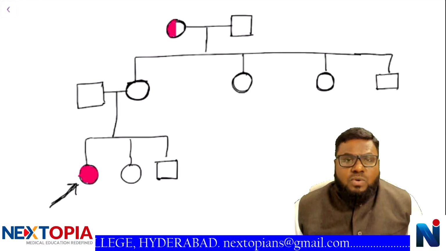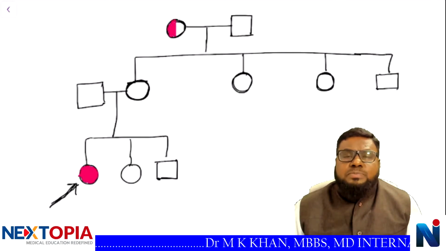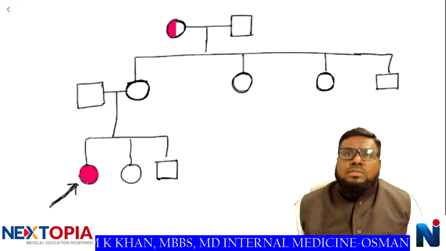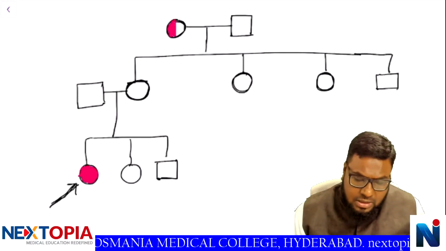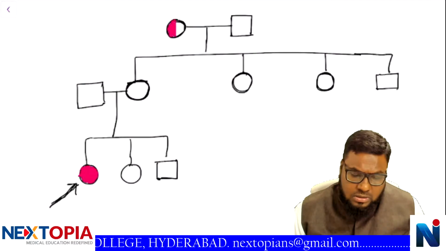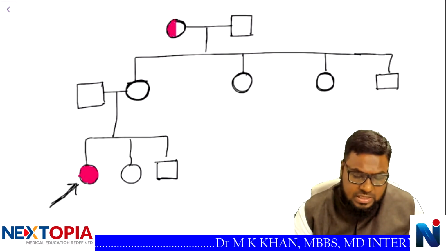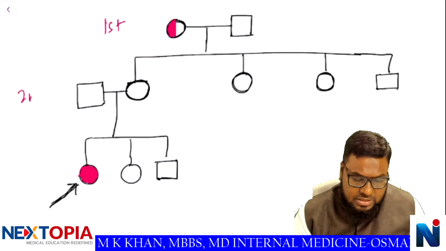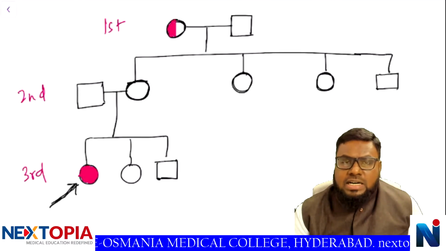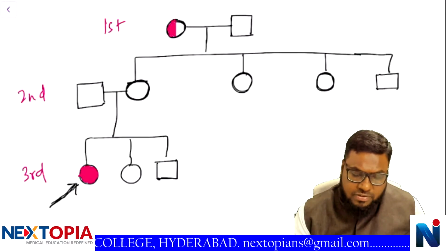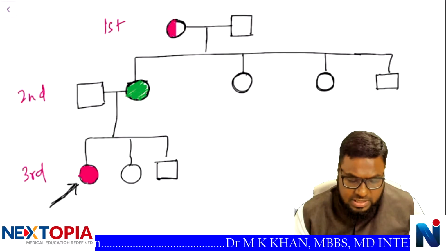So we should also discuss now what are the autosomal dominant traits and what are the autosomal recessive traits. Autosomal dominance means 50% of the offspring develop the disease. All right, 50%. For example, suppose in this chart which is in front of you, 4 children of this first generation. So this is the first generation, this is the second generation, and this is the third generation. If you want to say that in this pedigree chart we have autosomal dominant disease, then 50% of the offspring should be suffering from the disease. So 50% of the offspring means in the second generation 2 children.